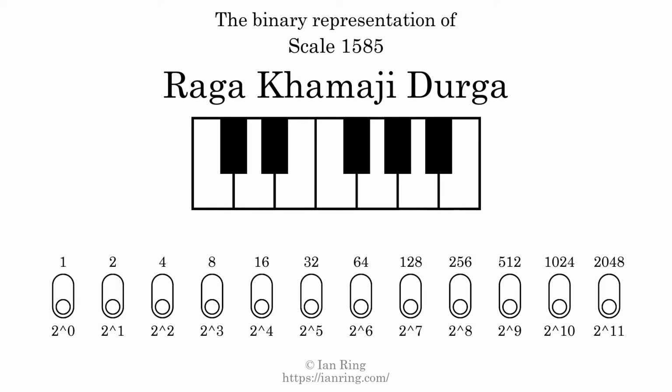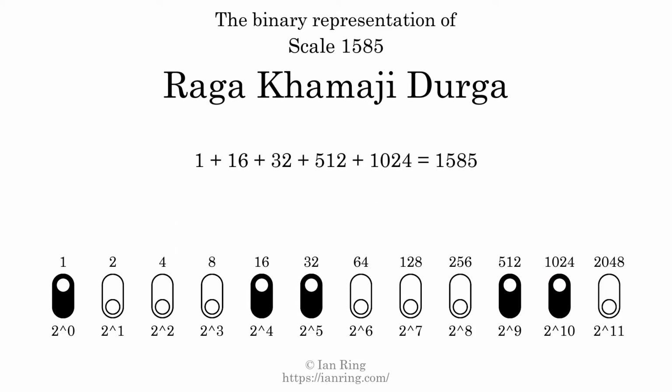The binary representation of this scale is determined by mapping tones of the scale to binary digits. Each binary digit represents a power of 2. To get the scale number, we add the powers of 2 together. The powers of 2 that are present in the scale, all added together, equals 1585. That is why the scale number, in decimal, is